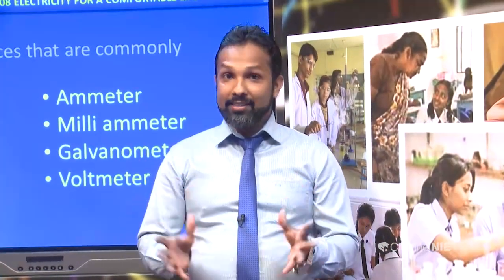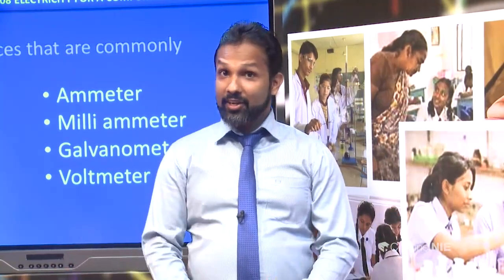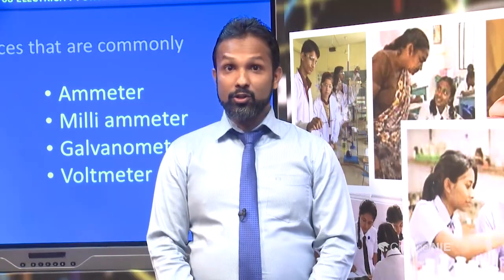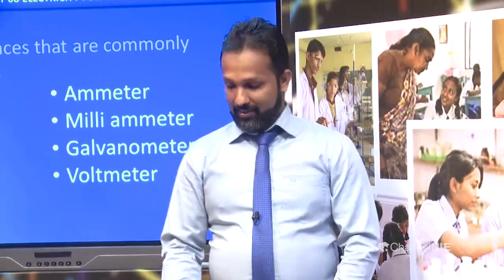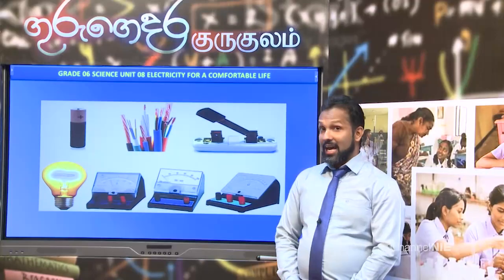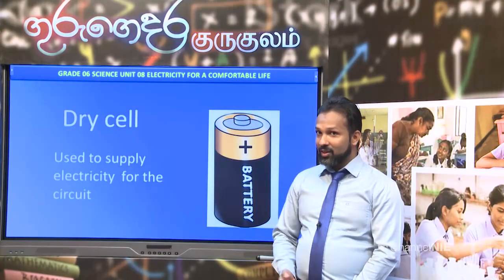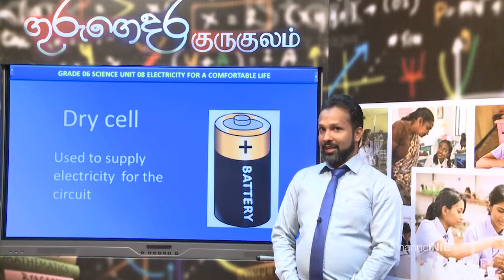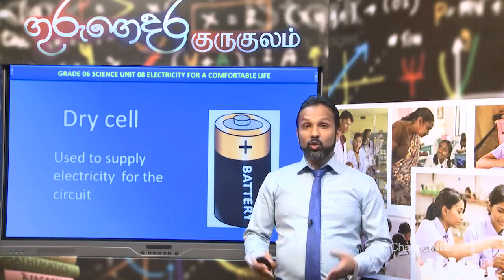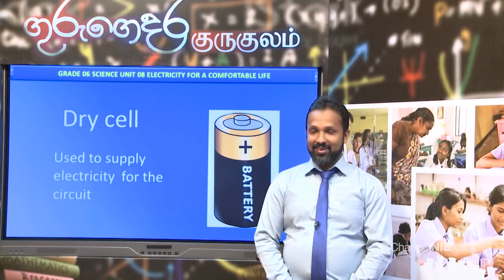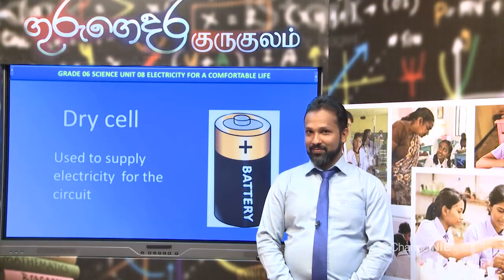When preparing circuits, we should have a sound knowledge about these accessories. We have to use them very carefully. Right. Let's learn from the beginning. First one of electrical appliances that we used in our laboratory. Let's learn more information about these appliances. Right. My dear children, you can watch a dry cell. I am sure you can remember what is dry cell.